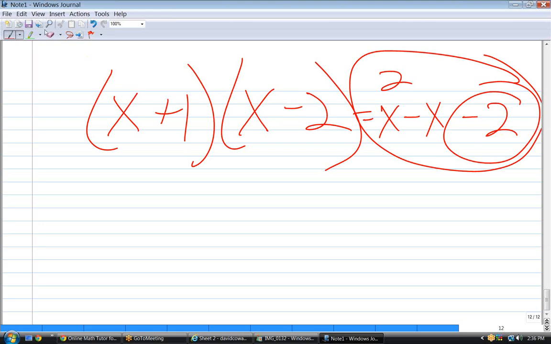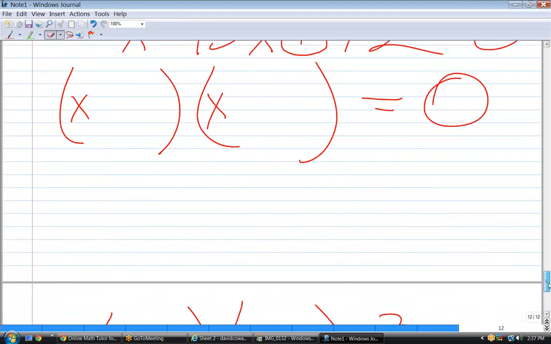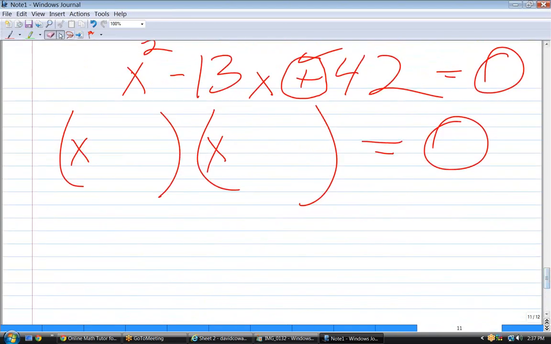So that's a very important realization: when you multiply two linear factors together, your last term always reflects the signs. So when you're going the other direction, when you start with the quadratic and you're trying to factor it,